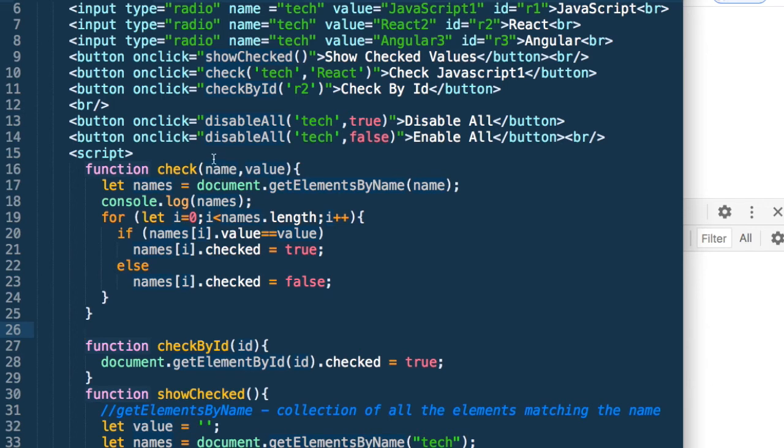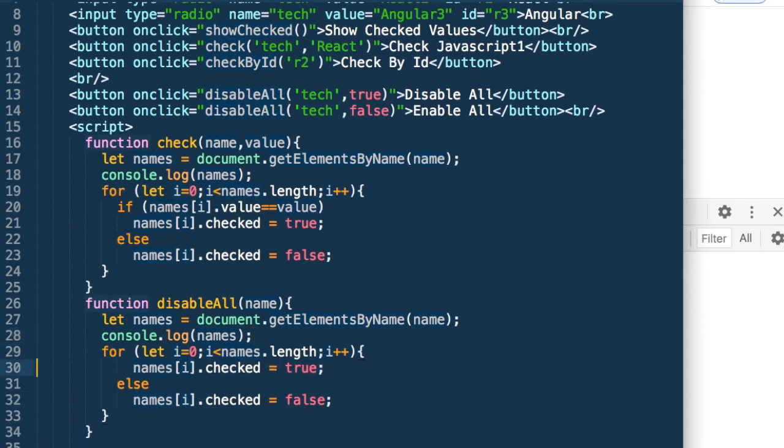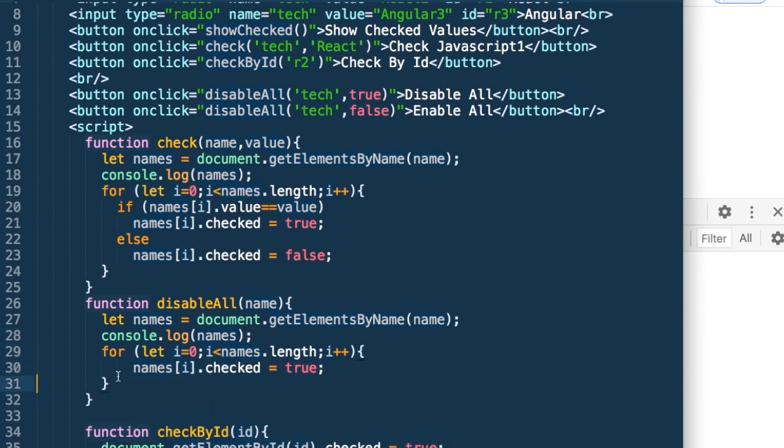This should be very similar to the check function, so I'll just copy it, and we get the name. We don't want value, we just want to disable all, and we don't want any if condition. You can just say names.disabled, which is the boolean value.